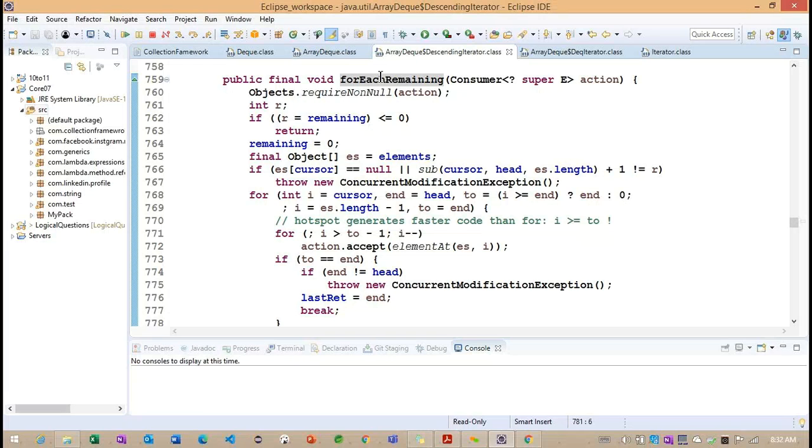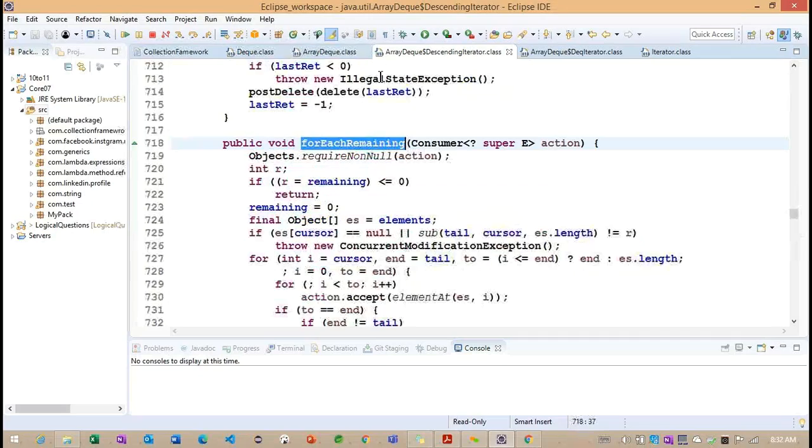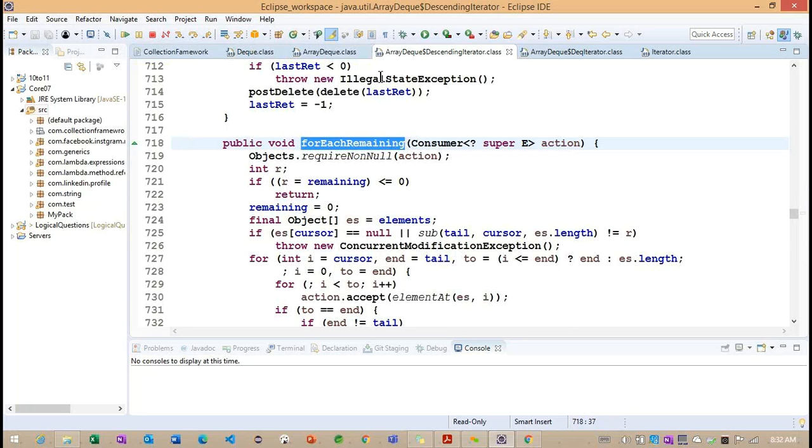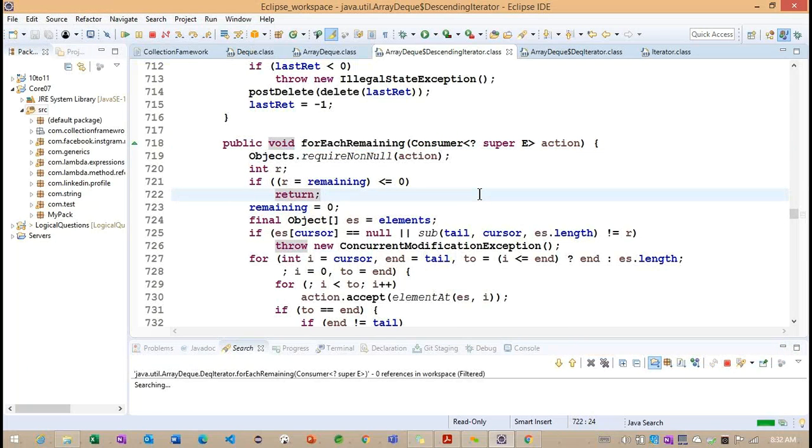Now we need to check where this particular method is being called. Maybe this method is called from the outside. Let me see, can we access it? No, so we cannot get the information here. Okay, this is the way I am going to provide the information about each and every method.